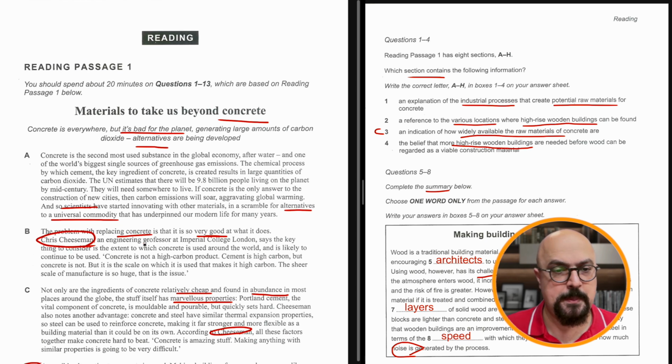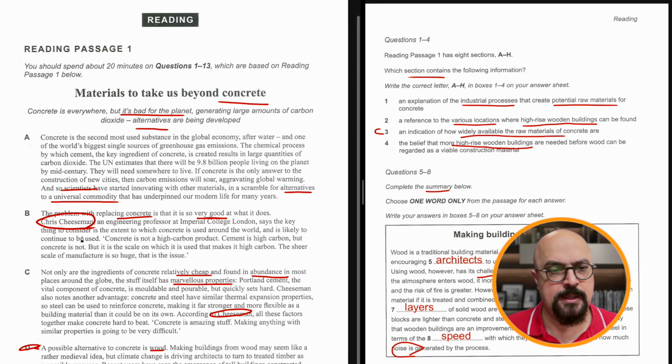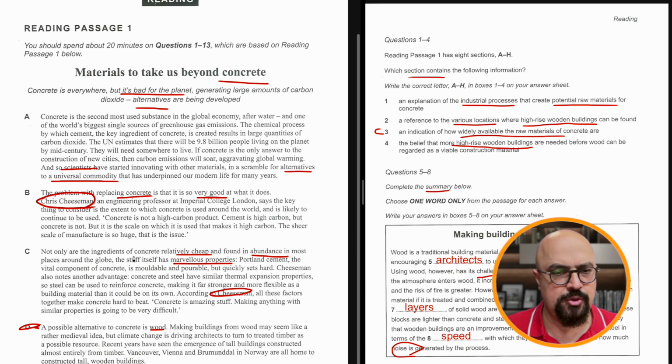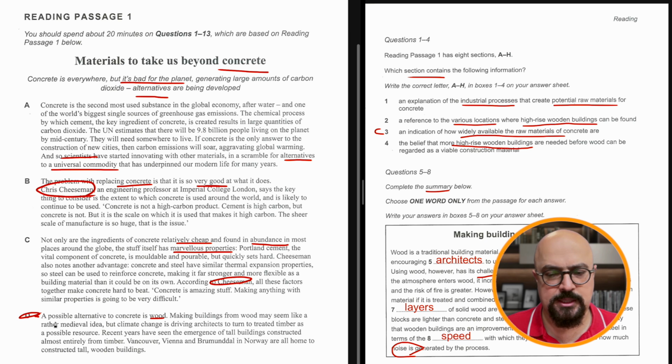Okay, let's go to B. Oh, did we choose B? No. I don't think there was anything there either. So C, we chose C. D,